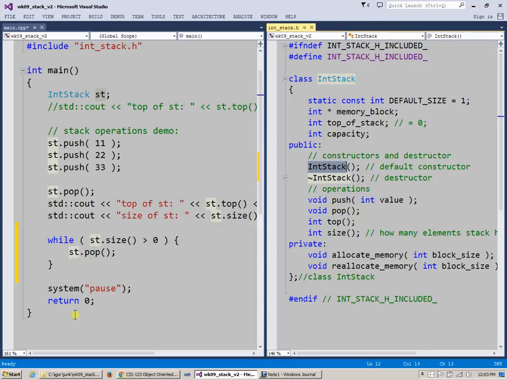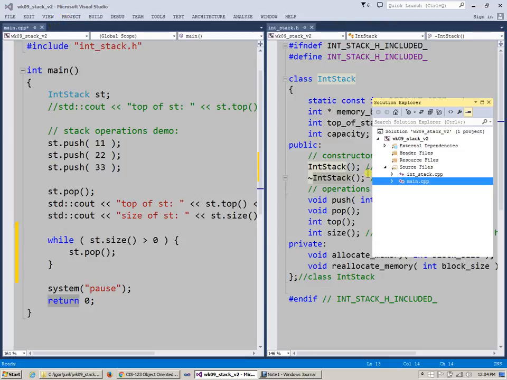Likewise, when we say return, or when this closing brace for the local scope of the main function closes, and we really get out of the scope, the stack has to go away, it will be destroyed. Upon return, and before we actually return, a destructor function is going to be invoked for our stack. And it will do something to free up memory that was dynamically allocated as a result of us populating this container with values. So before we take a break, let's take a look at